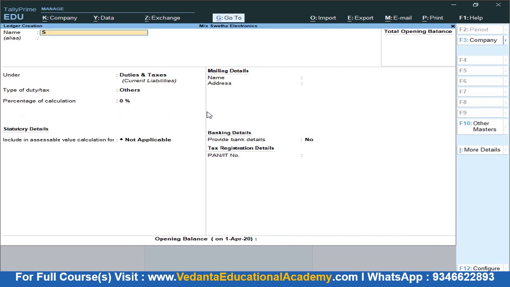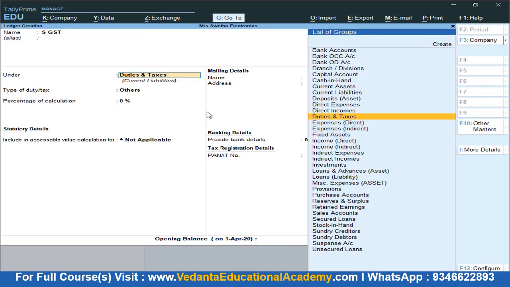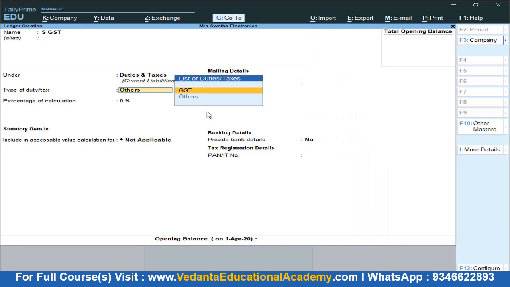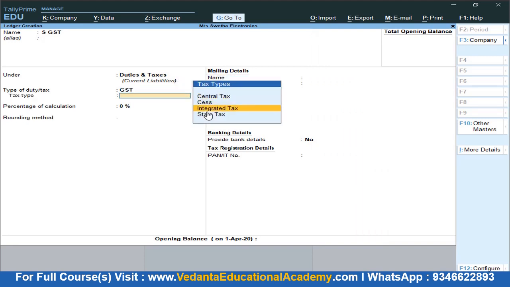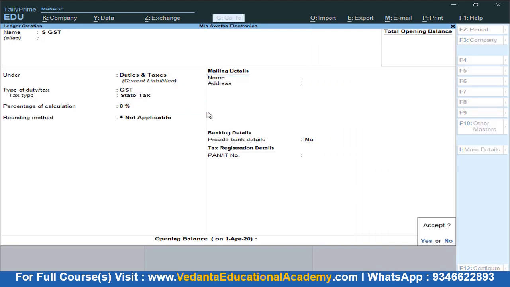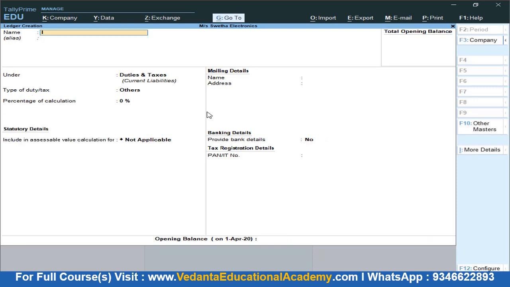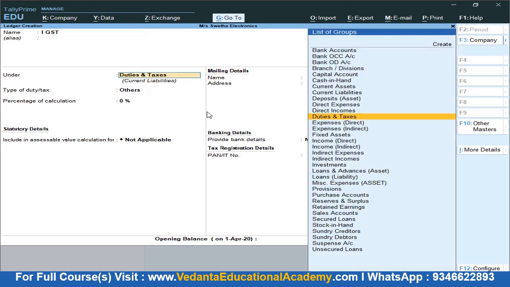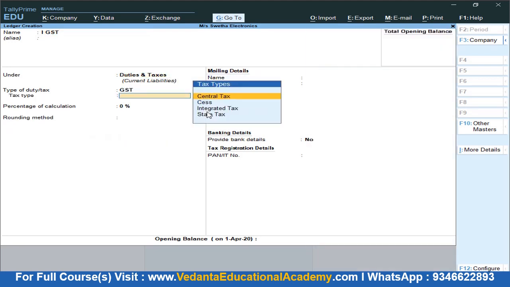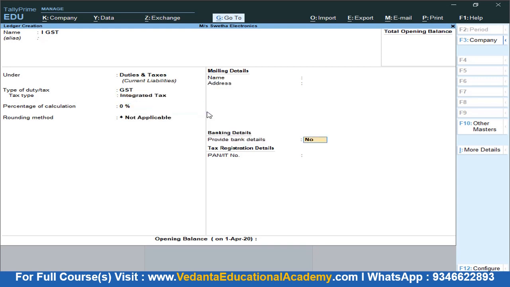Next, SGST. SGST comes under Duties and Taxes. Type of tax is GST, and the sub tax type is for state tax. Save. Next one is IGST. IGST under Duties and Taxes. Type of tax is GST. Subtype of tax is I for integrated tax, and save the same.